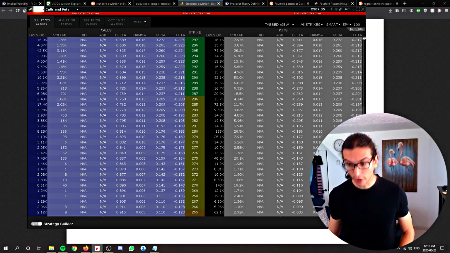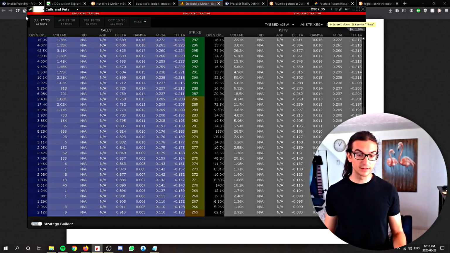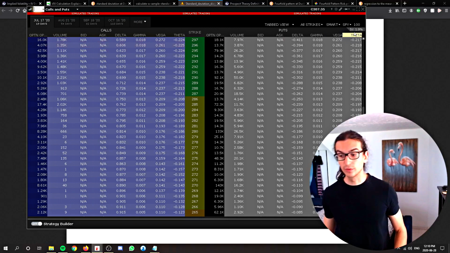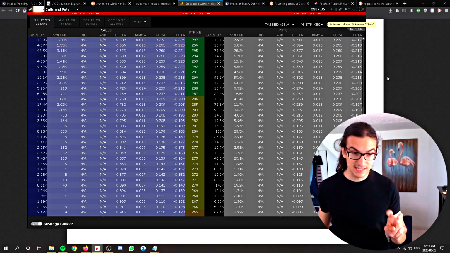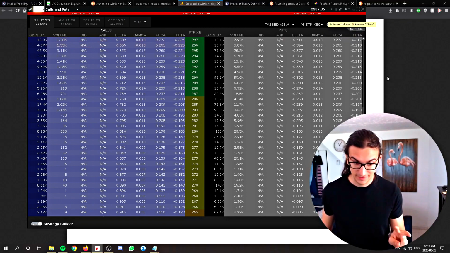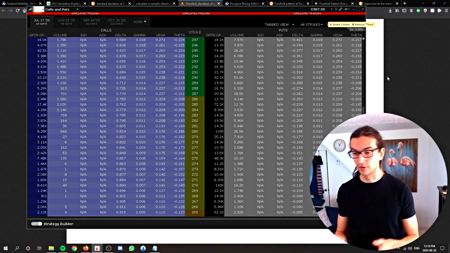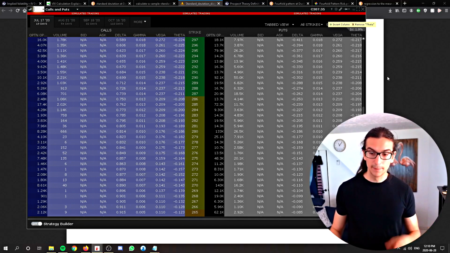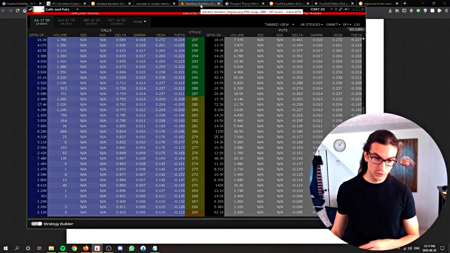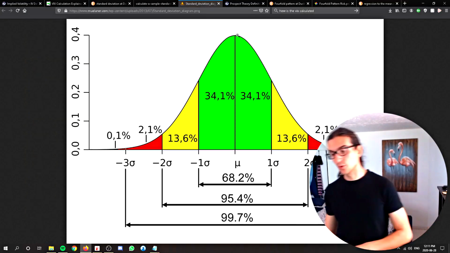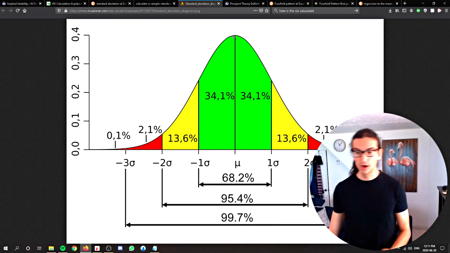The market is forecasting that every single day until this contract expires, the market is going to move 1.9%, 68% of the time. Do you guys get it? That's how we can begin to understand standard deviation and implied volatility. I know it's a bit complicated, guys, but go back, do your homework, and you can begin to understand this stuff. Okay, so we're gonna move on to the next part of the video here,